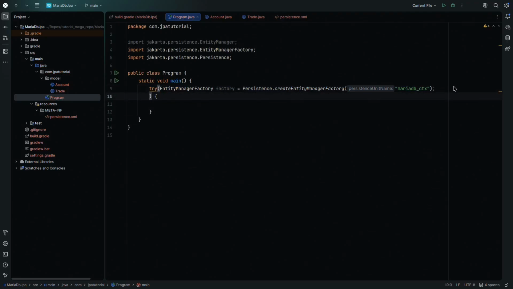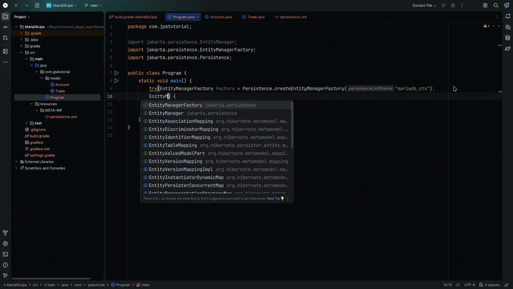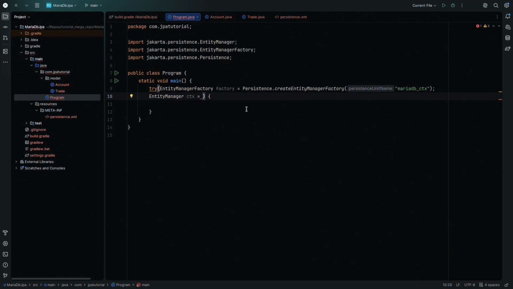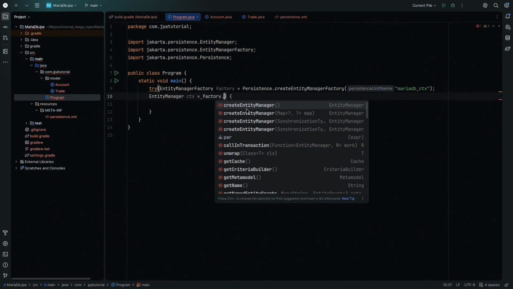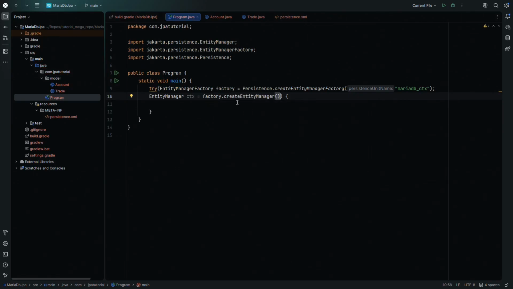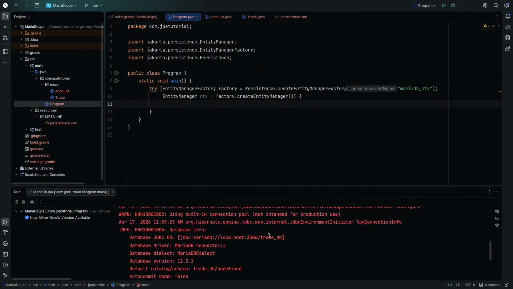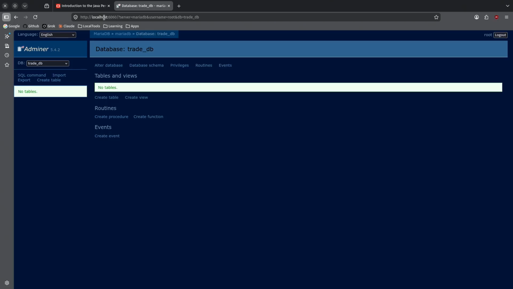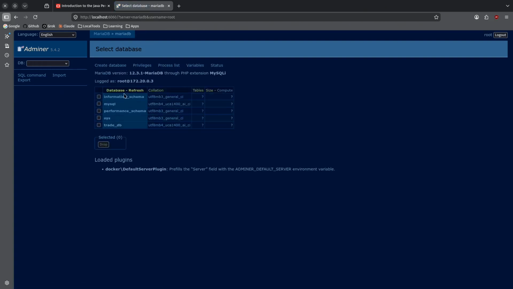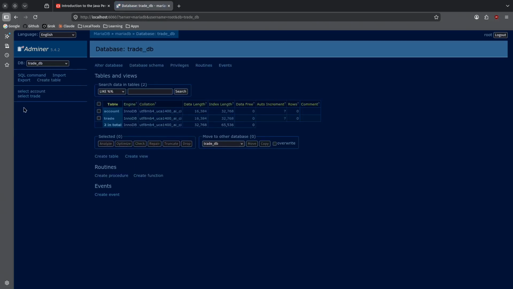The next thing that we need is a context or an entity manager, and this one can also go into the try with resources. So I can ask my factory to create an entity manager, and this should do the trick. I'll run this main method and then we get some output. Now if I go back to my Adminer, this is the old page that I had. If I refresh this or navigate back to my database overview and hit this TradeDB option,